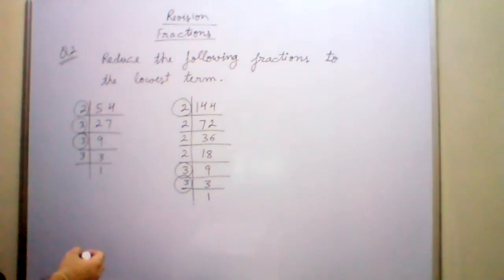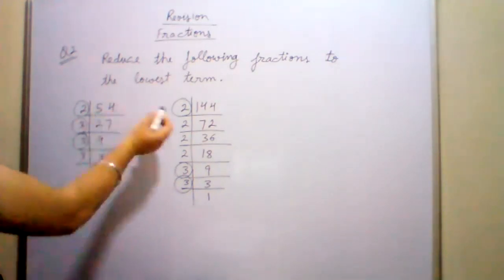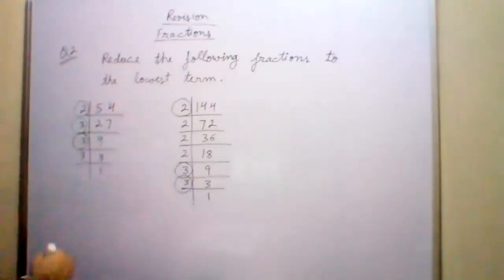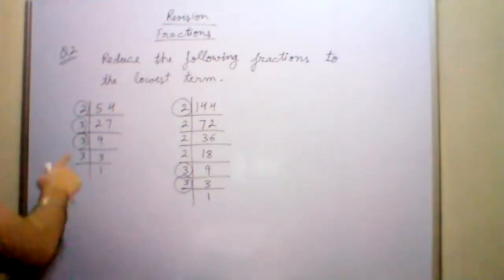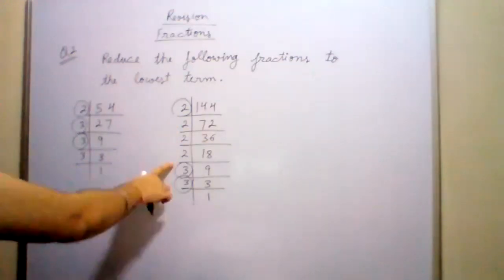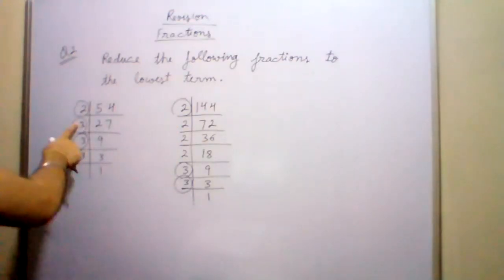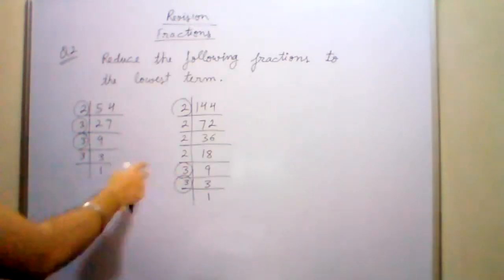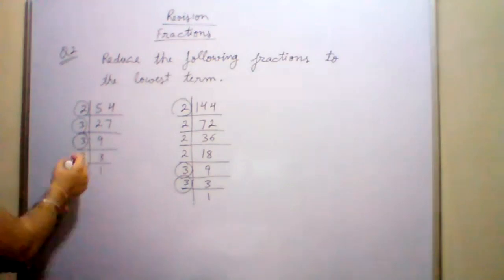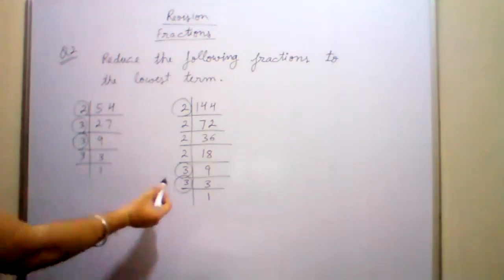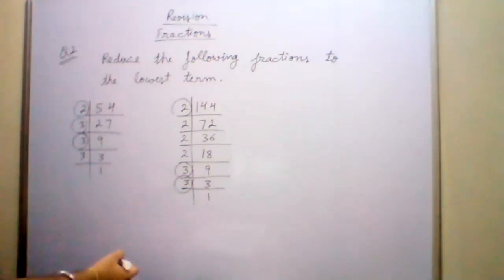Only those numbers are taken which are common. 2 is here on both sides, so there was only one 2. We cannot take more 2s from here. 3 is coming 2 times and we have 2 3s here also, so we can take 2 3s from both the sides. We cannot take the last 3 because there were only 2 3s.